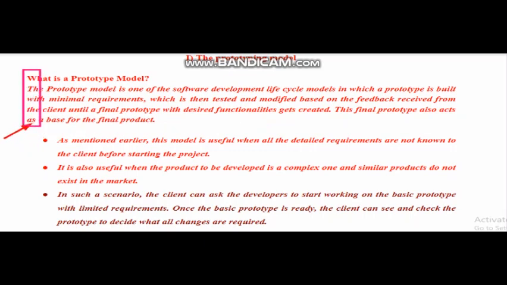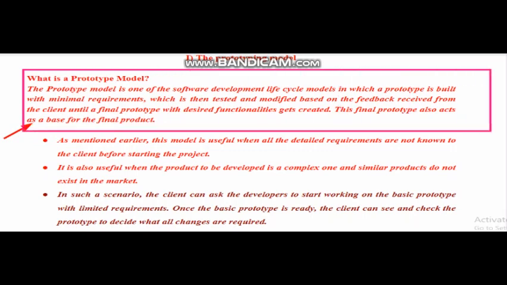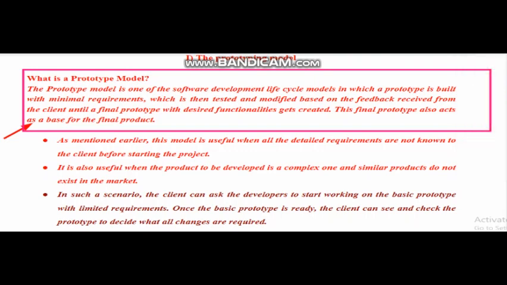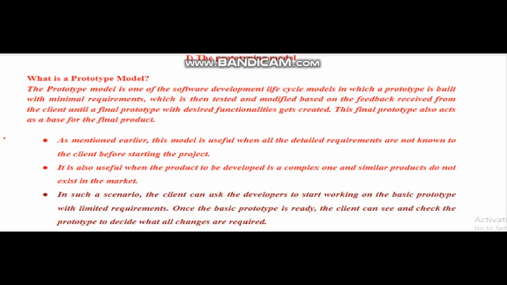Students, what does this exactly mean? We keep on creating a model. We develop an initial prototype, and then we give that small model, which has minimum requirements, to the customer. The customer starts using that model, and after using it, the customer provides us valuable feedback. Depending upon that feedback, we go and create another model. This continues until we get the final set of functionalities to design the final product.